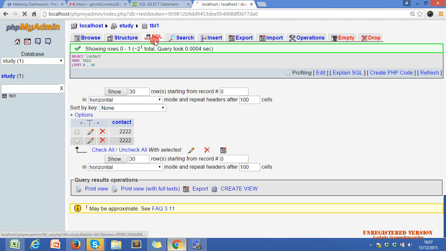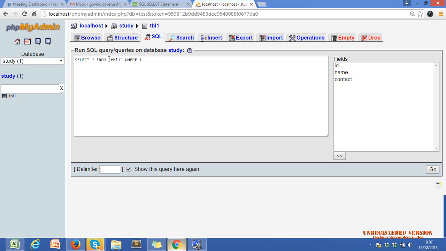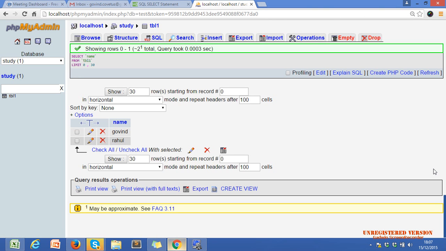Okay. The very first time I didn't use the tilde symbol. If I need just name, then I will get just name. I have to use the tilde symbol, this symbol, then name, and just click go. I got all the name values, means the name column values only. Okay,